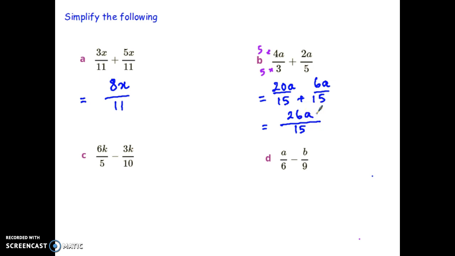The third one here is a subtraction. We do the same process though. A number that 5 and 10 both go into, the lowest common multiple becomes our lowest common denominator, and it's going to be 10. I've scaled my 5 up by a factor of 2. If I do it to the bottom, I have to do it to the top. 2 times 6k is 12k. I haven't changed my denominator here, so I don't change my numerator, so I get a 3k there. 12k, take away 3k, I have 9k, and I keep that